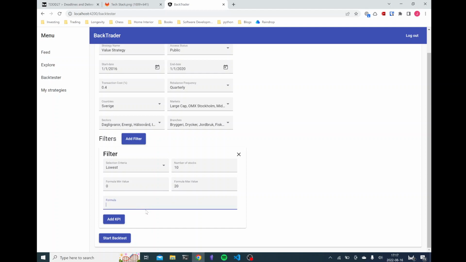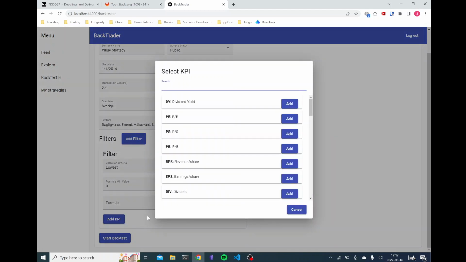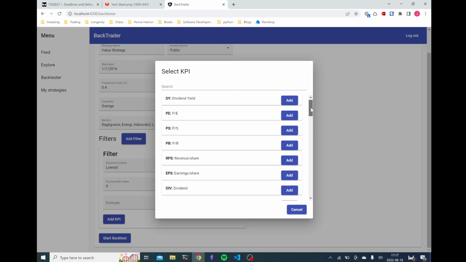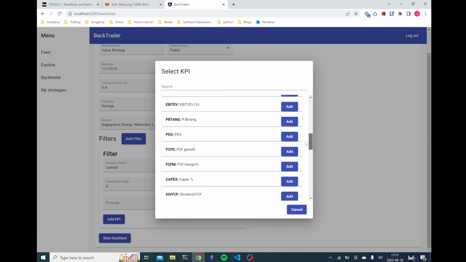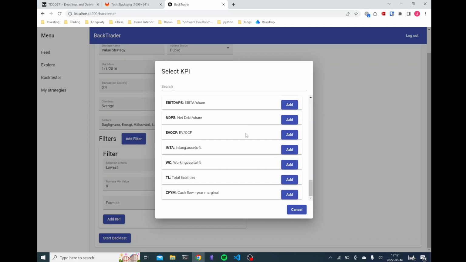And this formula can be any mathematical expression built up of the supported KPIs, so the key performance indicators of the stocks. If you want to see which KPIs we support, you can click this button here, and then you get a bunch of options. So dividend yield, PE ratio, this is the price to earnings ratio. We have price to sales and a bunch of different metrics here that you can make use of in your